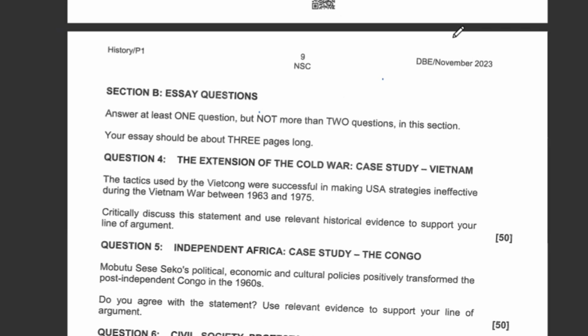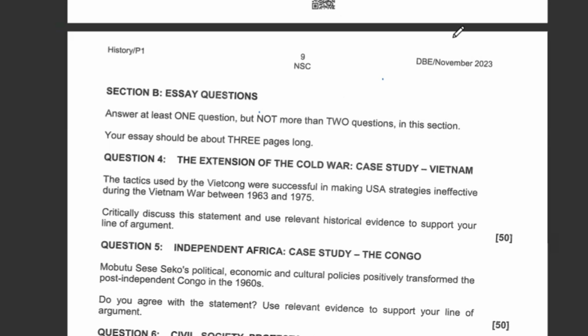Right. What are we talking about here? We're talking of neighboring countries. The Viet Cong were getting support from neighboring countries, and they were also seeking refuge in neighboring countries. They would go and hide there, strategizing how to attack the American soldiers. And those neighboring countries were very supportive of them.